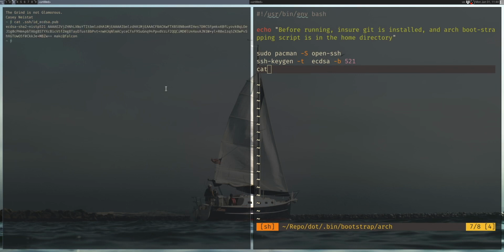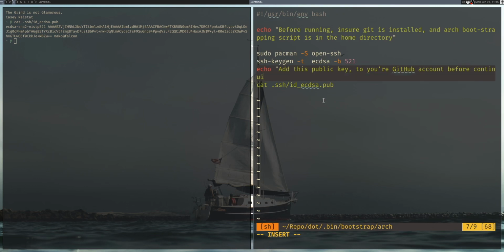That's the public SSH key. Keep that there for a second. I'm keeping it small because you don't really need to read that. It's not like an issue if you do, but we're going to cat out .ssh/id_ecdsa.pub. And then right in front of this, we're going to echo: add this public key to your GitHub account